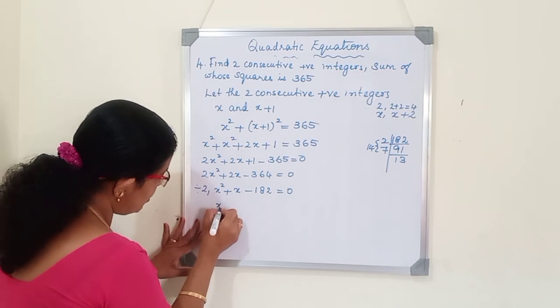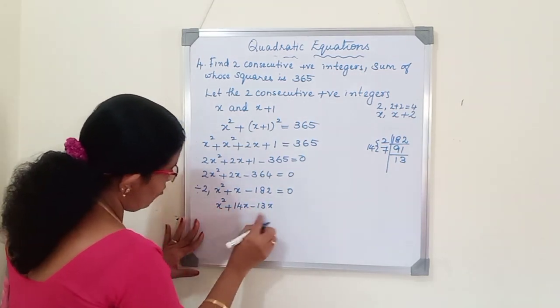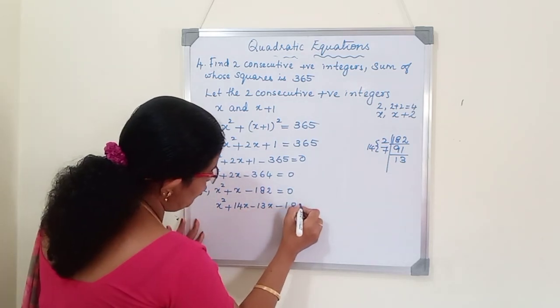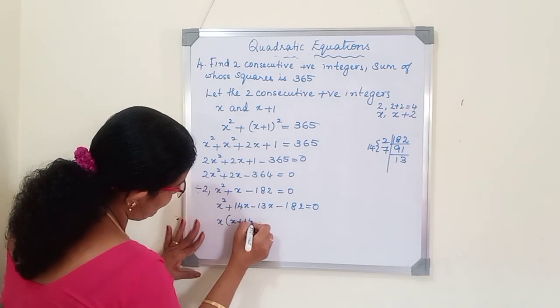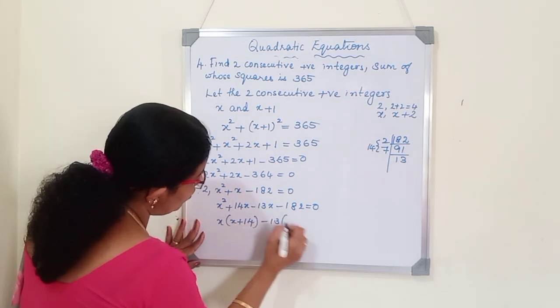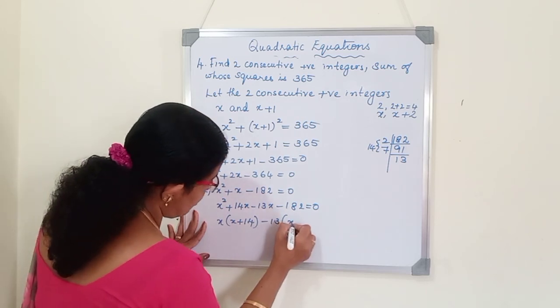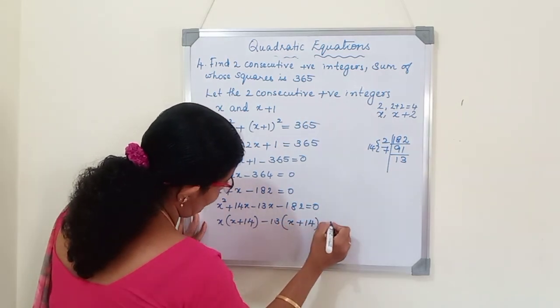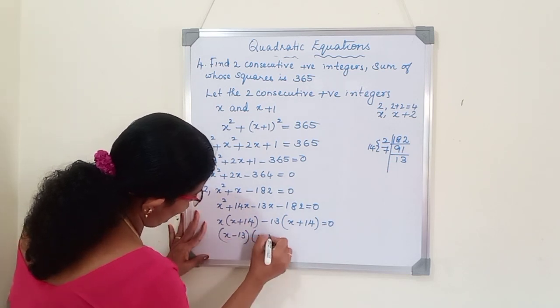So we can write it as x square plus 14x minus 13x, which becomes 1x, minus 182 equals 0. x into x plus 14, minus 13 into, here both the signs are minus, take the common minus outside, and inside the bracket it will be positive. So the factors are x minus 13 and x plus 14